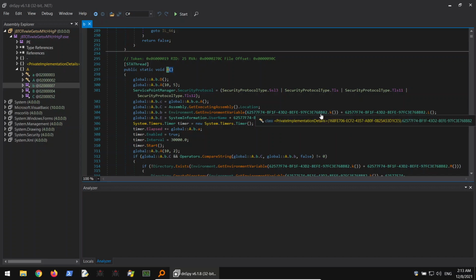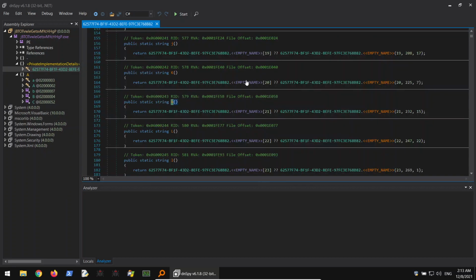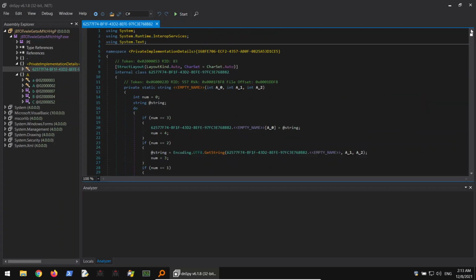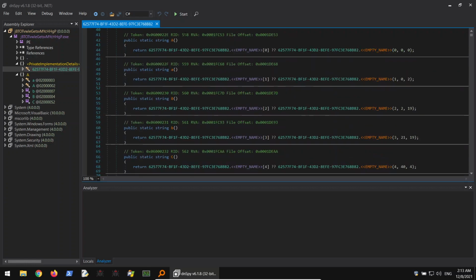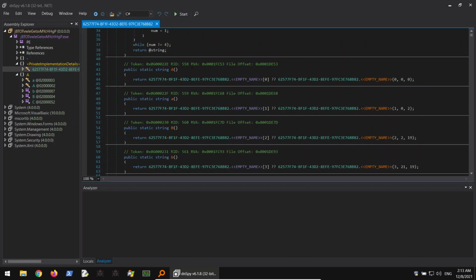Basically, this namespace and this class are responsible for all string obfuscation. If you click on the method, you can see that when this string gets used, it will call this method in this class, in this namespace, and decrypt that string and use it. And it's all defined here. Here is the namespace, here is the class, and here is the method responsible for decrypting the strings. We will try to dynamically invoke or delegate these methods,